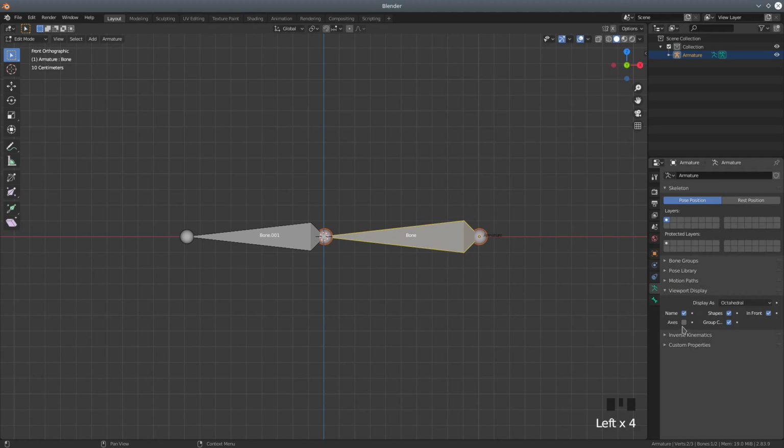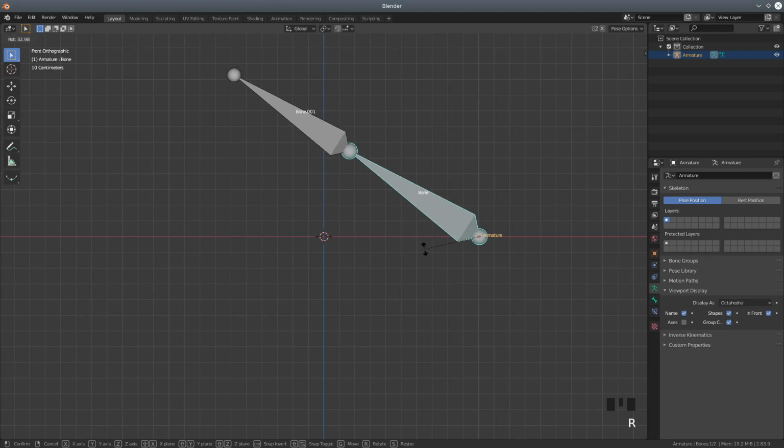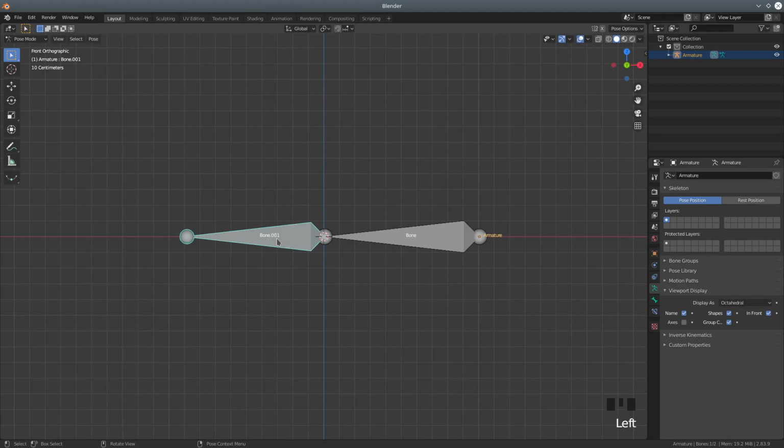I'm going to turn on the name for the actual bones, so we can see we've got an armature that's made up of two bones. And if I go back into pose mode, that is what you use to move the armature and move the bones. Now if I rotate this kind of root bone, press R, you'll see that the bone 01 is rotating with it, and that's because if we go back to object mode